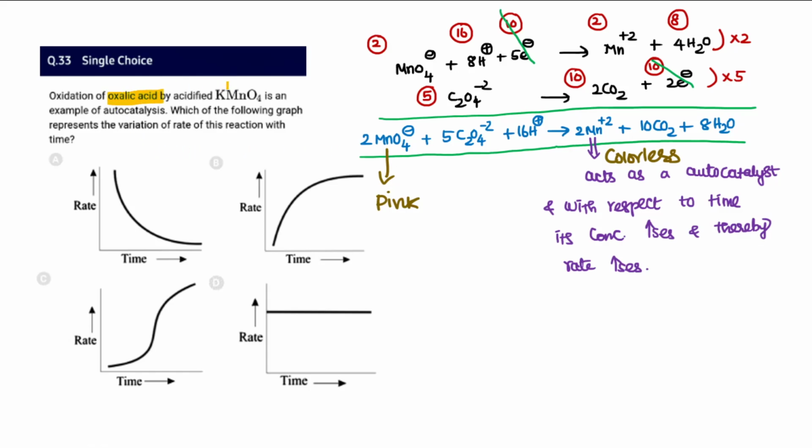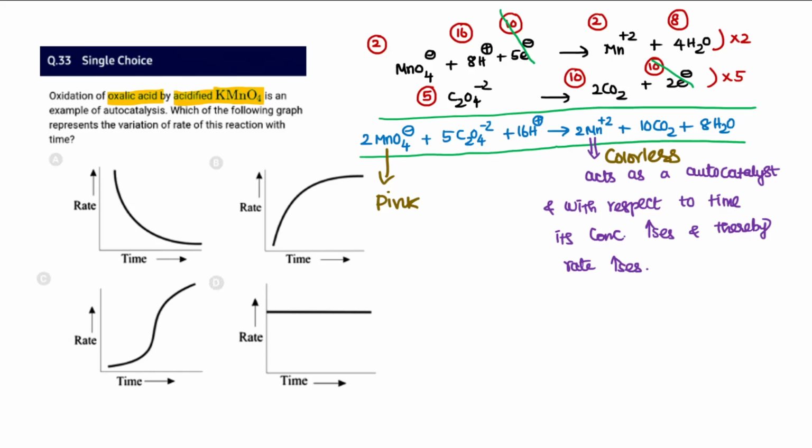You all might have done it in your practicals also. Potassium permanganate with oxalic acid needs a slight heating. You have to take the temperature to around 60 degrees Celsius. You have to warm the contents before the reaction happens. Why is it so? Because the reaction is very slow. In order to speed up the reaction, we must slightly increase the temperature.